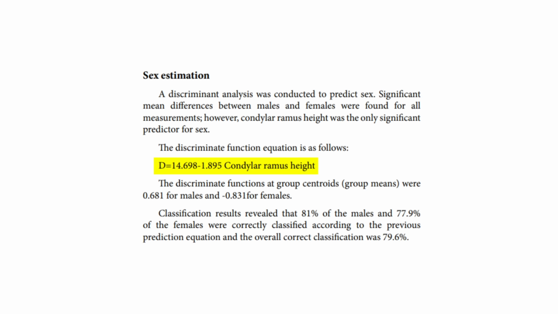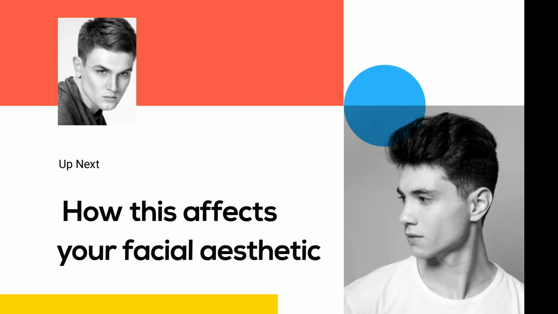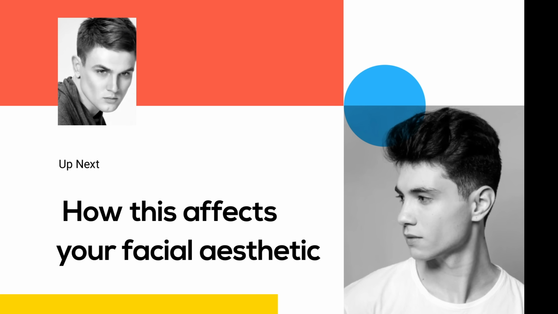We can also predict the sex from the ramus height using a similar function, where if your values from this formula are around 0.681, then your ramus is more masculine, and if it's around negative 0.831, then it's more feminine. And the reporters argued that it's correct almost 70% of the time, so it's more or less a pretty accurate measure. So now that you know the basics of why the ramus exists, what the average expected values for it